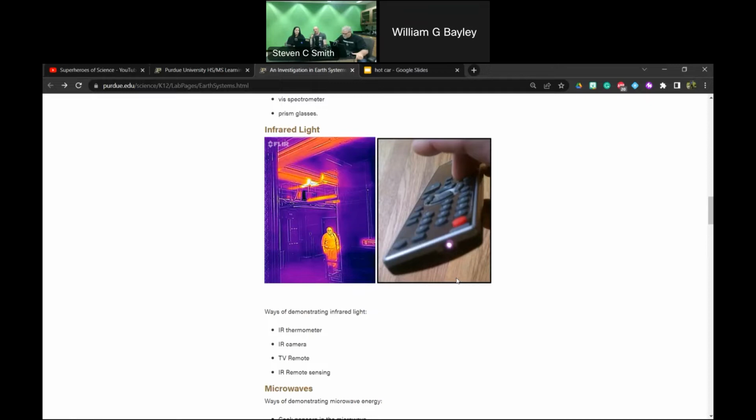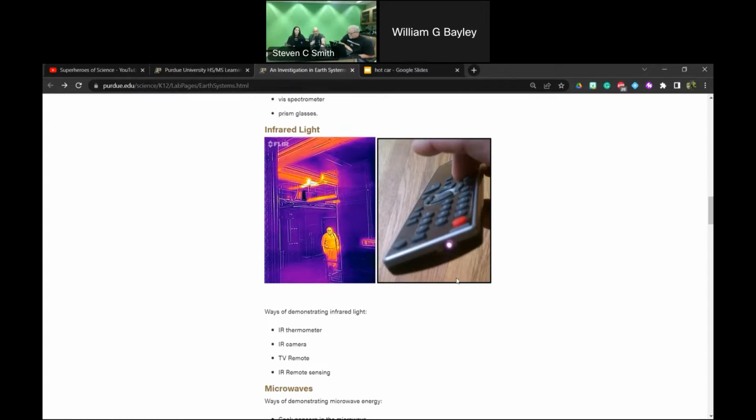Remote controls take a direct line. There are some remotes that don't use infrared light, but those are the ones you could use from the other room and things like that. I can't remember what wavelength those are. I guess it's radio wave. But most remote controls use infrared light.